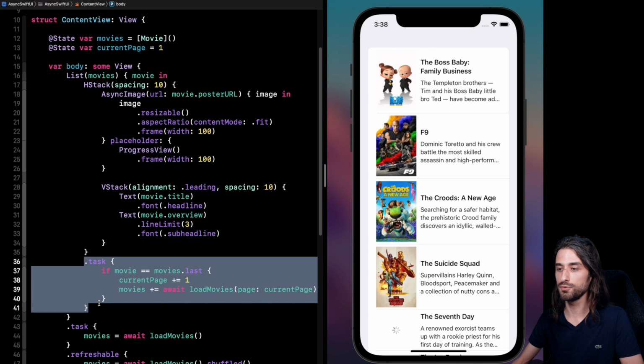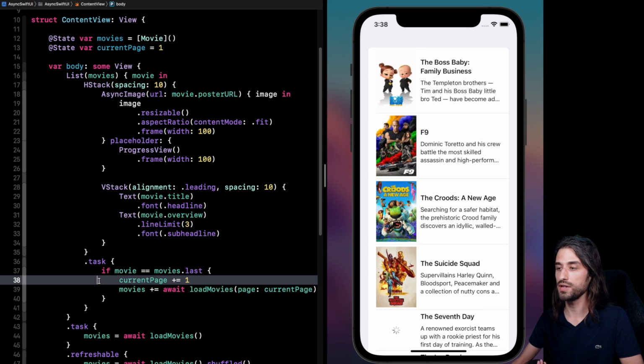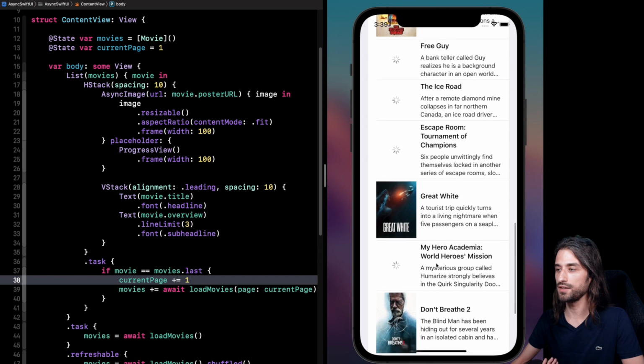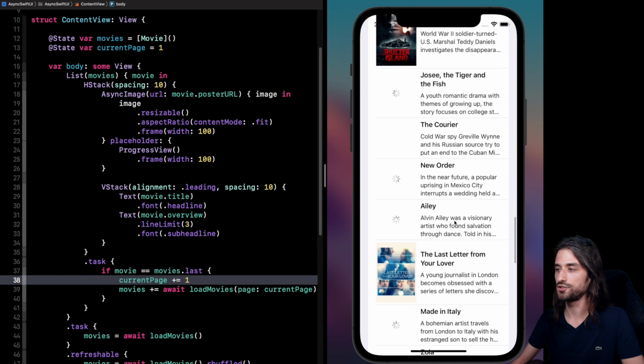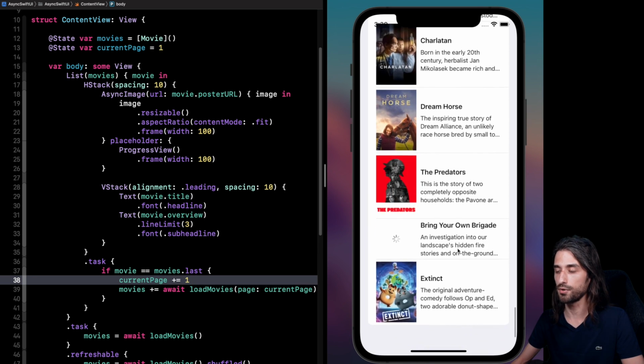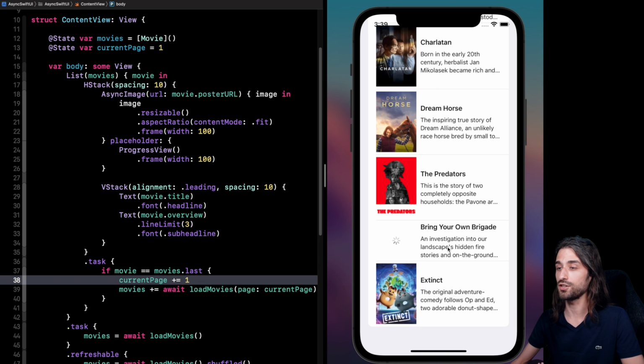Just by introducing this modifier and the currentPage variable, I have now implemented an infinite scrolling mechanism in my SwiftUI view. So now I'm going to once again relaunch my app. And as you can see, as I scroll to the bottom of the list, more network calls are being made and the next pages of data are being loaded. And so I can keep scrolling until the actual end of the list. I'm going to reach it because at some point there will be no longer a page of data to query, so my network call will return an error. And remember that in my code, I said that if my network call throws an error, I just return the empty array. So this is what's happening right now. And this is what allows me to end my infinite scroll when there is no longer any data to load.